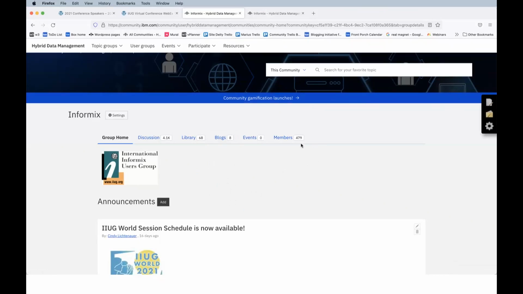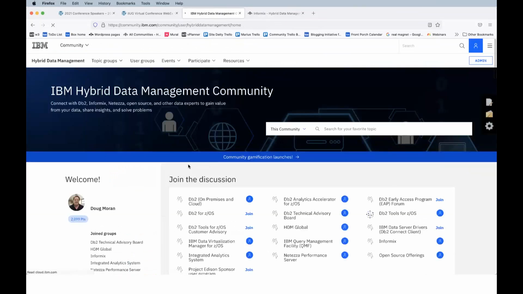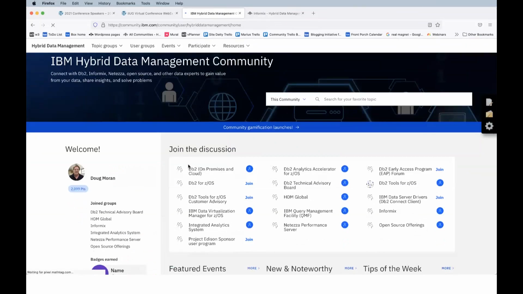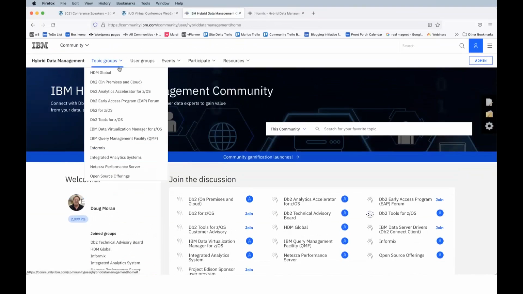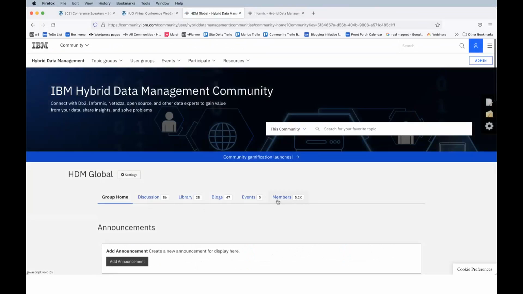You can see that even though the membership of the Informix group may only be 479 people, the overall membership of hybrid data management community is, let's see, last time I checked, it was around 5,000. So when you do something like that, post a blog and we promote it on the home page here, you get a lot more visibility, and yeah, 5,200 people. So that's a very positive aspect of using the community for